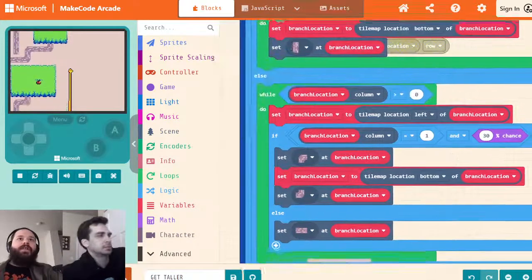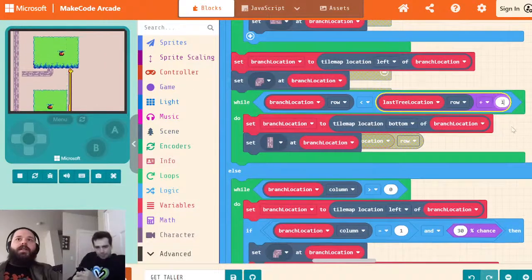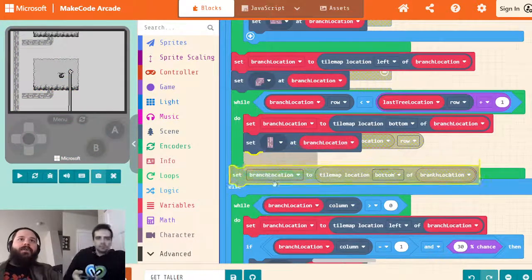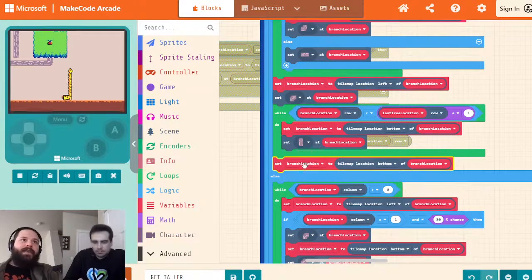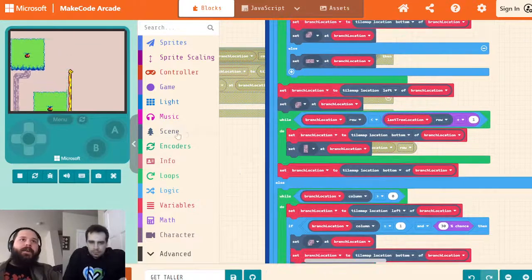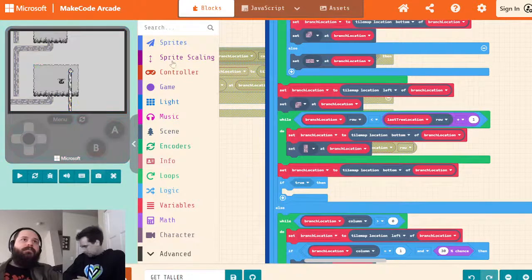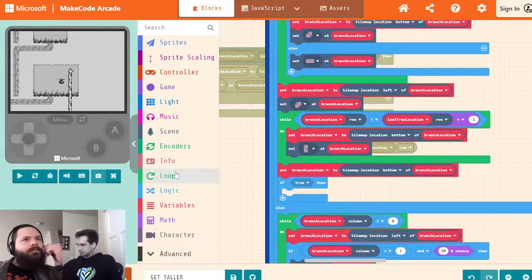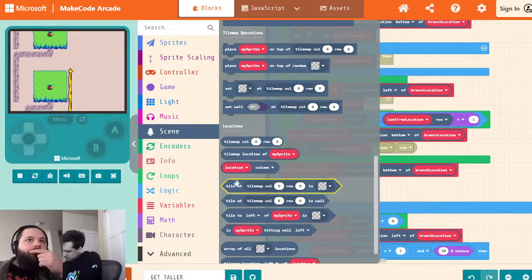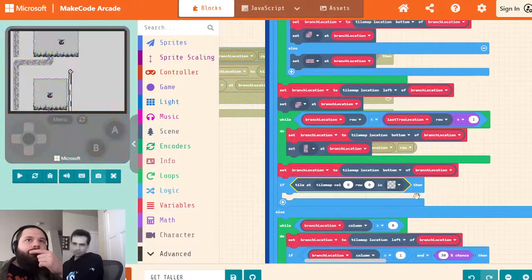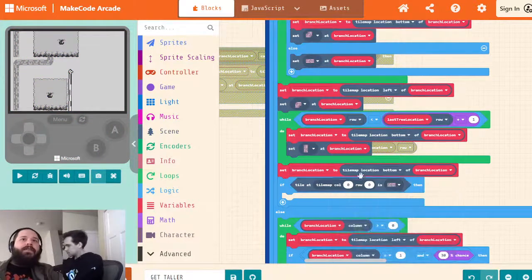Okay, so we're going to change this to be the column +1, and then for the last one, we're going to set branch location to be the branch location bottom. So now we are at where we should be making the junction. And then here we're going to say, what is the current tile? So it will, if it's straight,